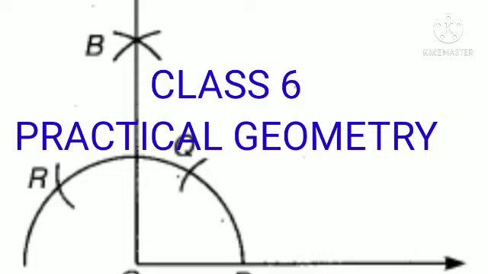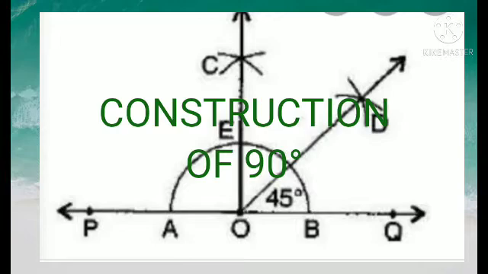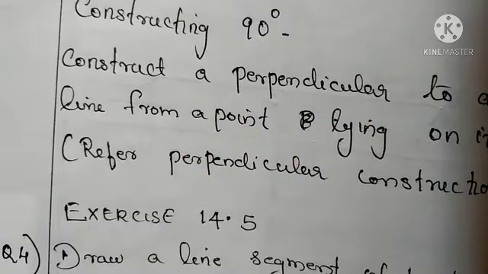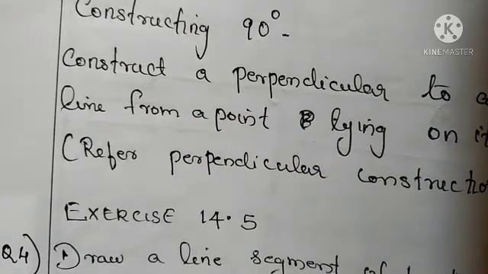We go through the chapter Practical Geometry and we found the construction of angles and bisectors of angles in the last class. Today we do the exercise problems from textbook. We have constructed 60 degree, 30 degree, 120 degree with ruler and compass. One more construction in that section is 90 degree. To construct 90 degree, we can follow the steps of perpendiculars because the angles between perpendicular lines is 90 degree. Okay. So let us go for the exercise 14.5 question now.